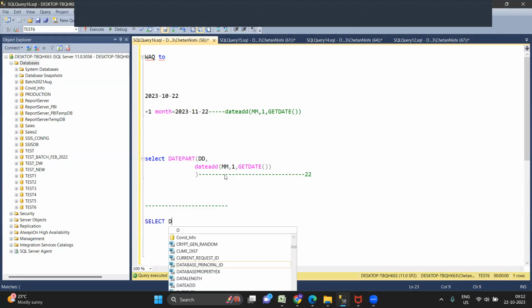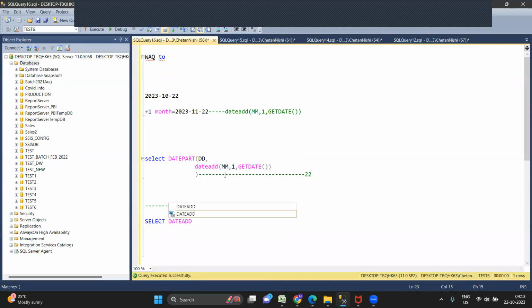SELECT DATEADD of DD, comma, minus 22, comma